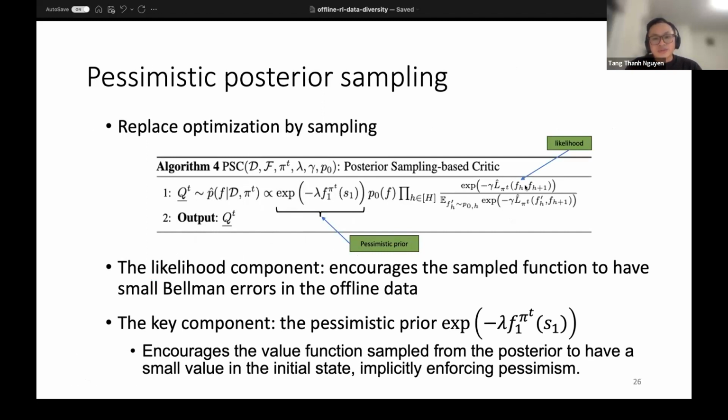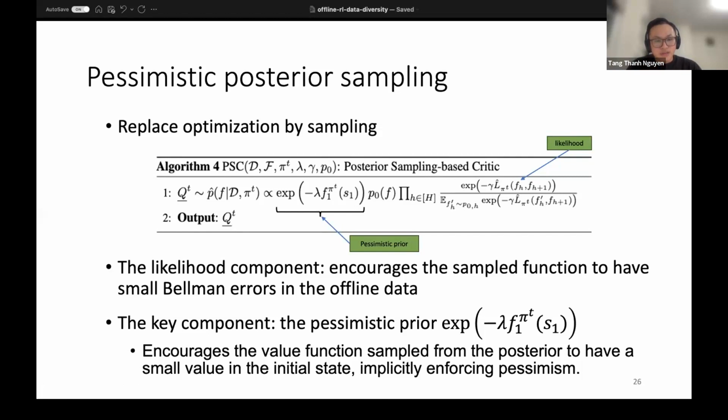The second term is basically the likelihood, and the role of this likelihood is that when we sample from the posterior distribution, we encourage functions that have small Bellman errors in the offline data. That's the role of the likelihood. But what's crucial in this algorithm